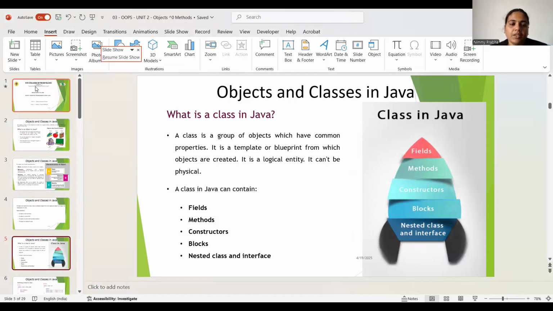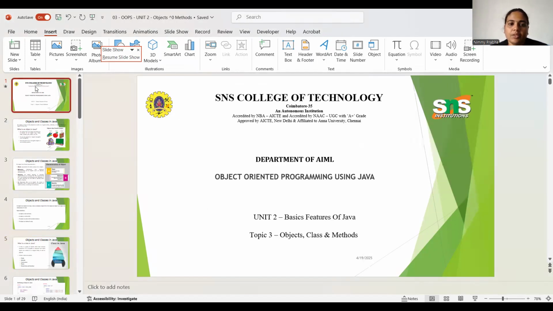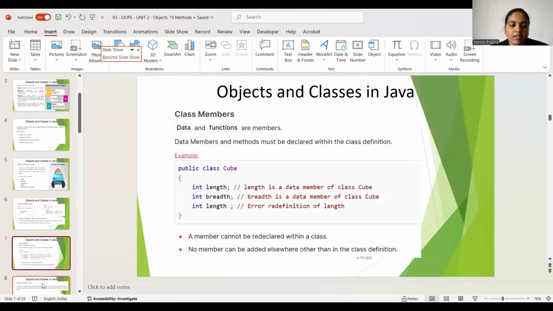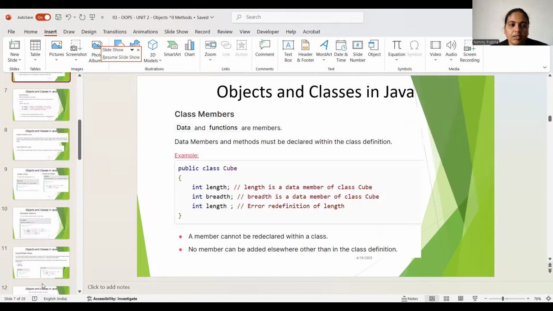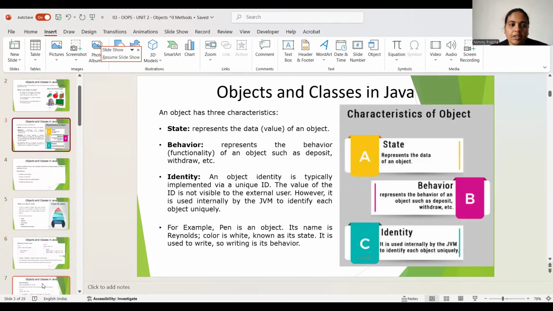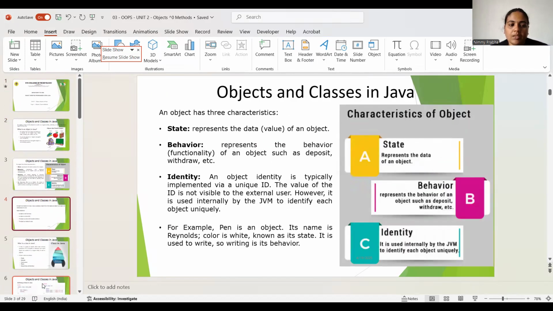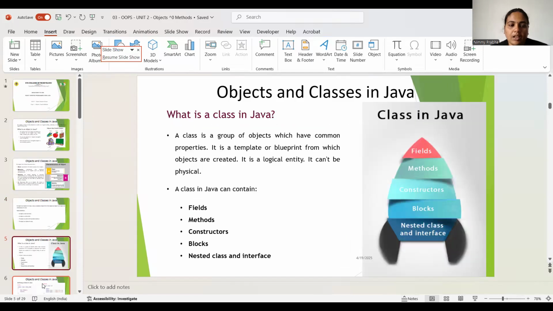In the previous video, we discussed the main concept of the fundamentals of Java, that is object. In this video, we will discuss what is class. So, what is class? In the previous video, we discussed what is object, and here we will discuss what is class in